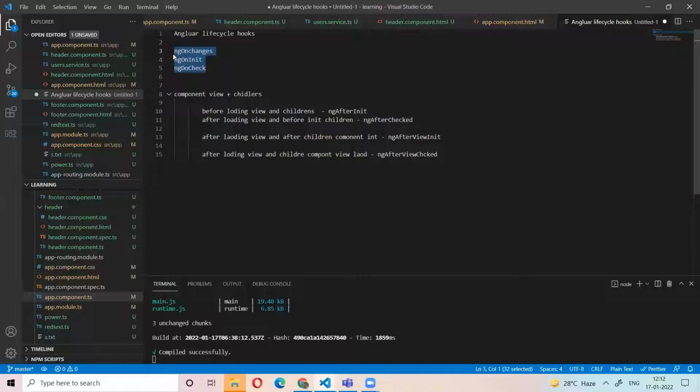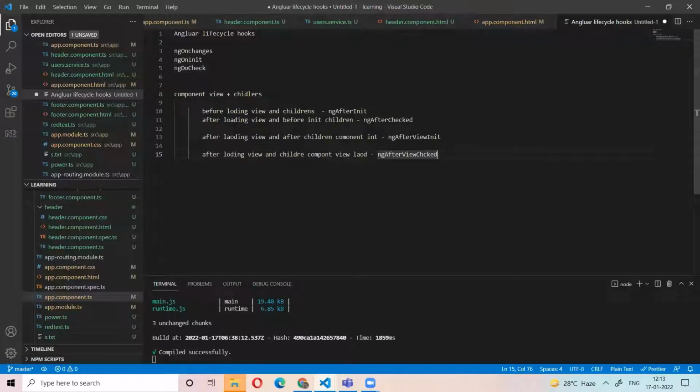We can use them in the parent components and in the child components. These four are only applicable in the parent, because if you want to check whether the child component is loaded or initialized, at that time we use these four lifecycle hooks. But the above three are the same for all components individually. If you want to know about single component information, then those lifecycle hooks are called.